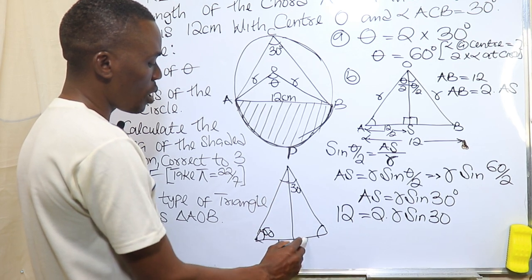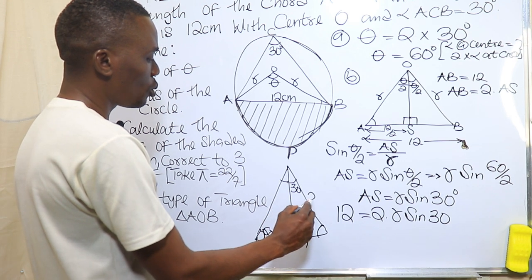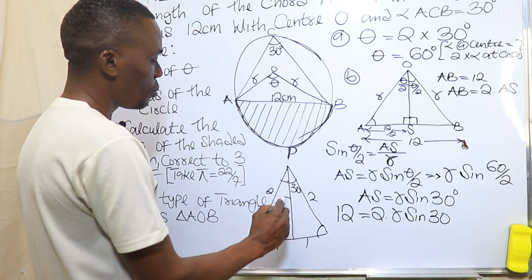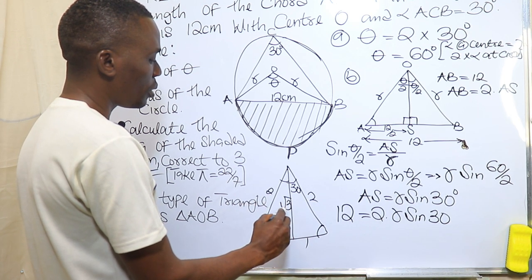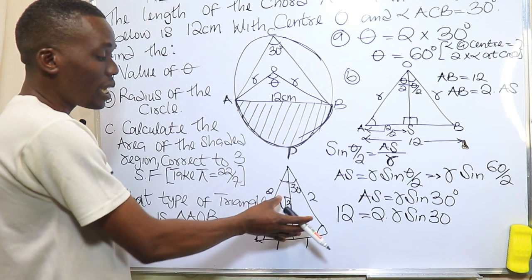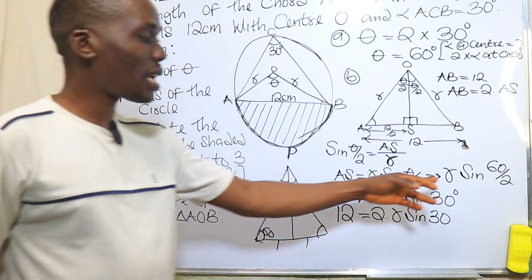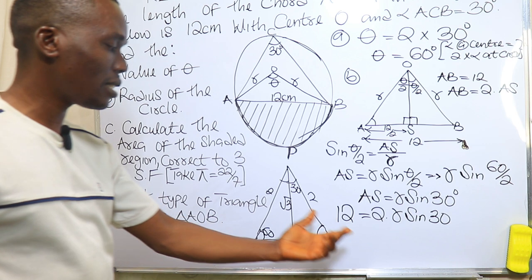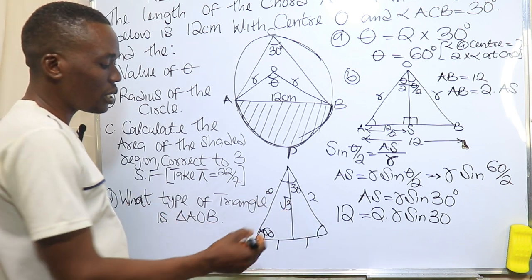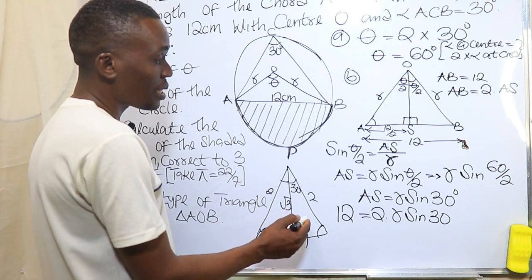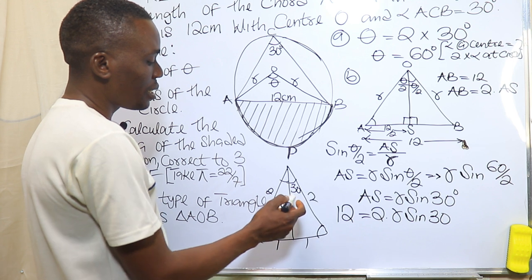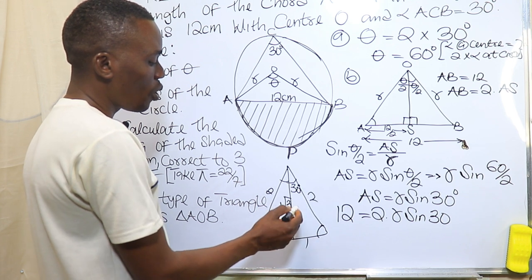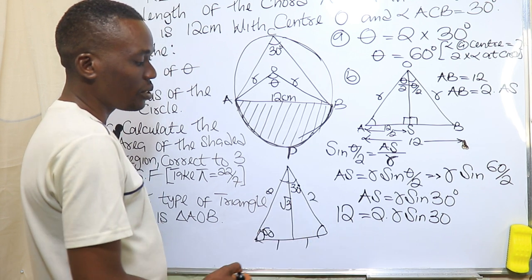I have this to be 1, this to be 2, and this to be root 3. If you know how to get this triangle, then you can find the sine of any 30, 60 without much difficulty. Then my sine 30 is equal to opposite over hypotenuse,